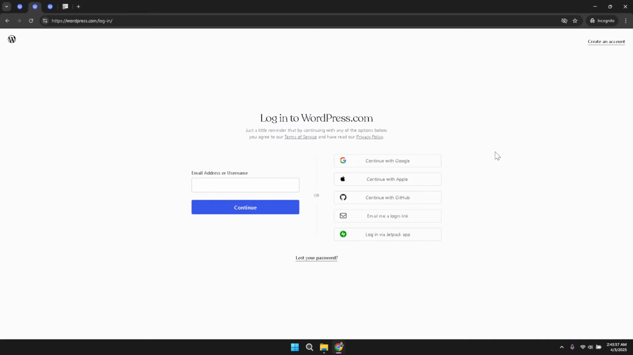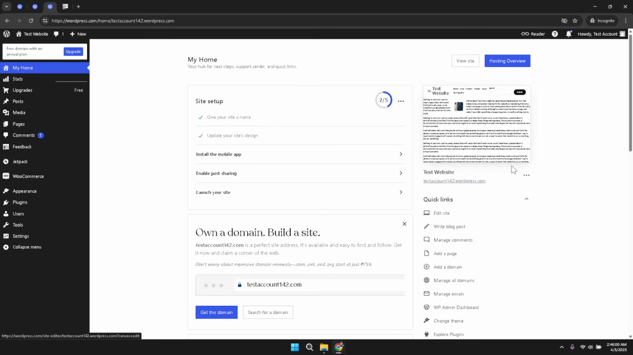With the login process complete, you will now be directed to your WordPress dashboard. Here, locate the Quick Links section, which is easily identifiable on the interface. In the Quick Links area, look for the option labeled Edit Site and click on it. This action will take you to the site editor where you can begin customizing your pages and adding new content